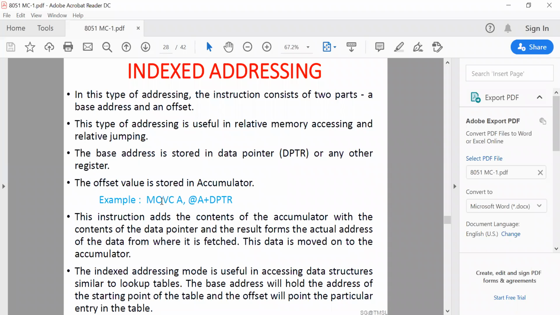So now MOVC represents moving the content from code memory or program memory, and program memory represents one ROM device. So from the ROM, the addresses can be accessed or the required number of instructions can be accessed. How? MOVC A, comma, @A plus DPTR. Suppose DPTR has a certain address and accumulator stores a certain address. Now the combination